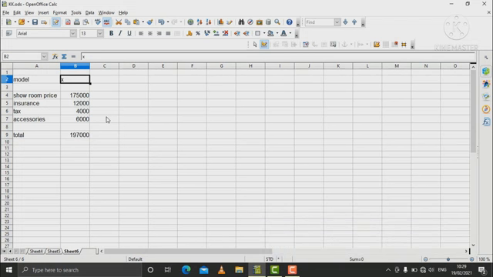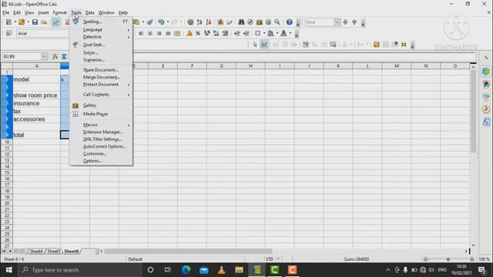Look here, I have some data: model name, price, insurance, tax, accessories, all these. I want to enter another model also. So first I have to set the scenario for this model.